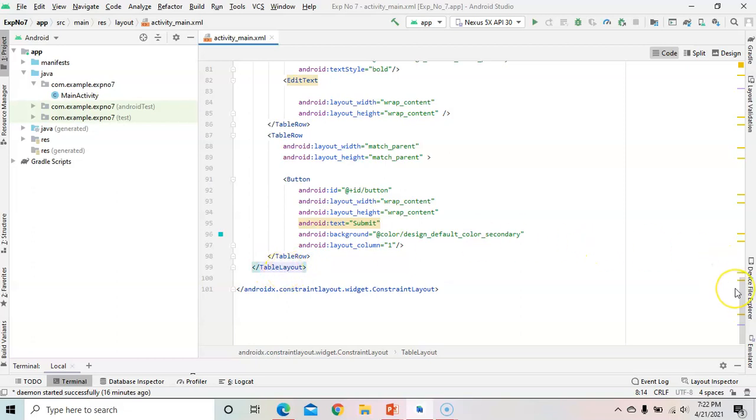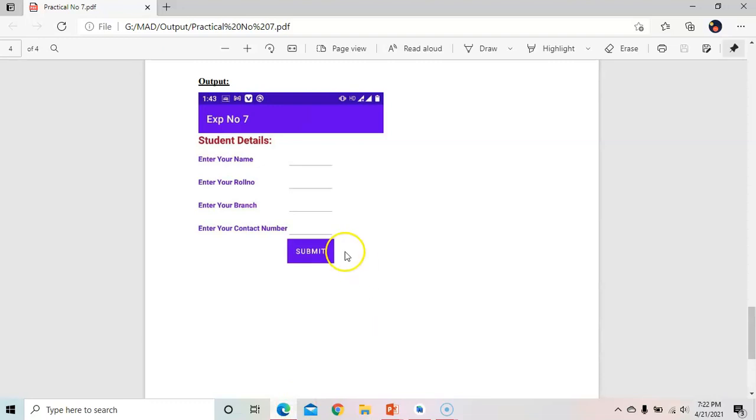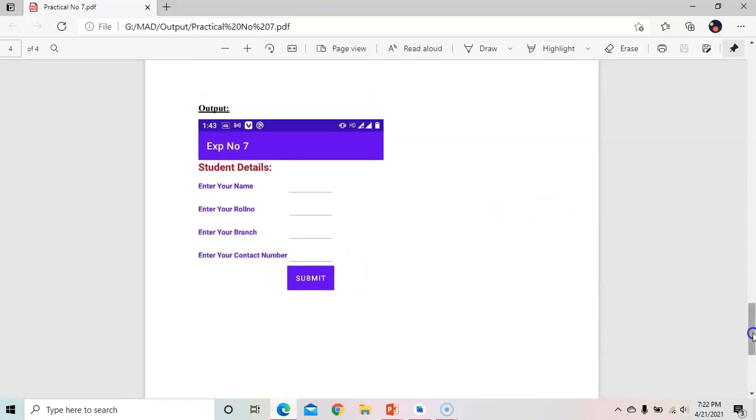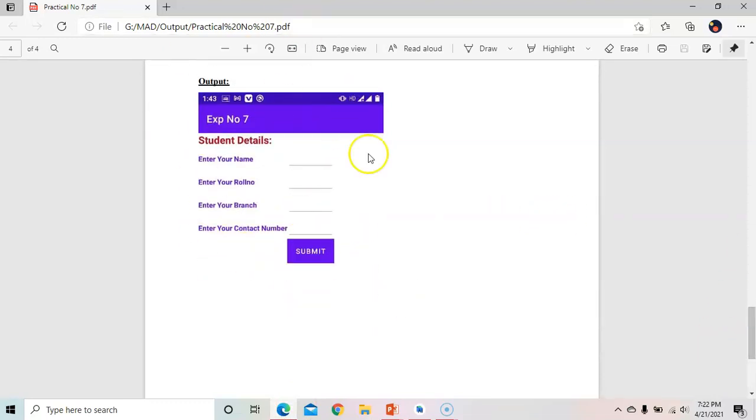Okay, so this program I have posted in the classroom, so you can see the soft copy of the program there. Output of this program is this. If you take the output in your mobile, output is this. Okay, this is the output, and this is experiment number 7. It's completed. So you try this